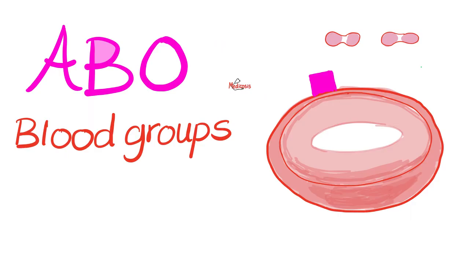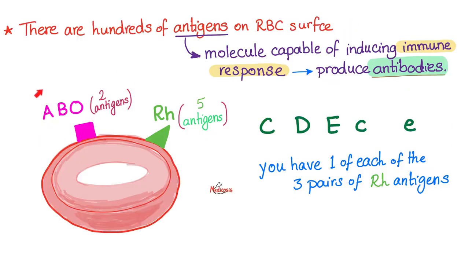First of all, your blood has a gazillion antigens. We're just talking about very specific ones, such as the ABO blood groups. Where do I find them? On the surface of your red blood cell. Remember, red blood cells are what? Circular, biconcave, non-nucleated. There is the ABO system and there is the RH system. ABO has two antigens, A and B. What is O? It's just 0. How about the RH? 5 antigens. So I'll take one from here and one from here. Therefore, my blood group is A positive, or B positive, or O negative, or AB negative, etc.